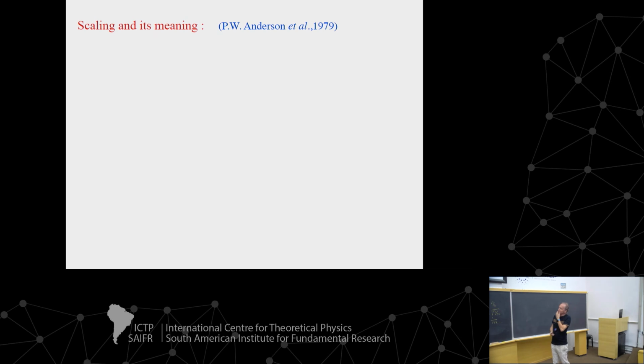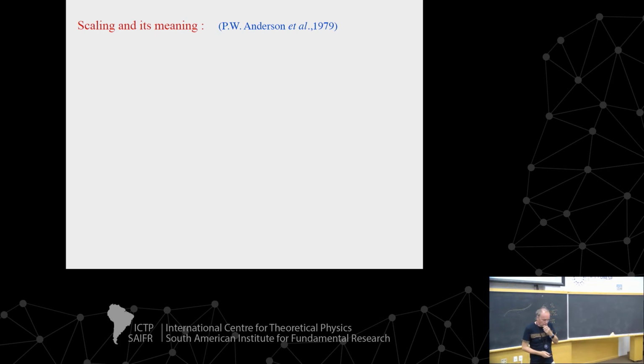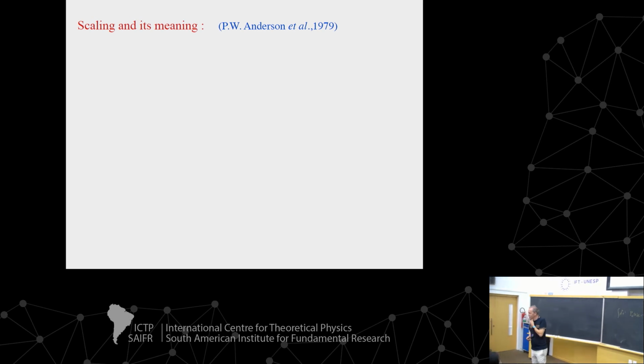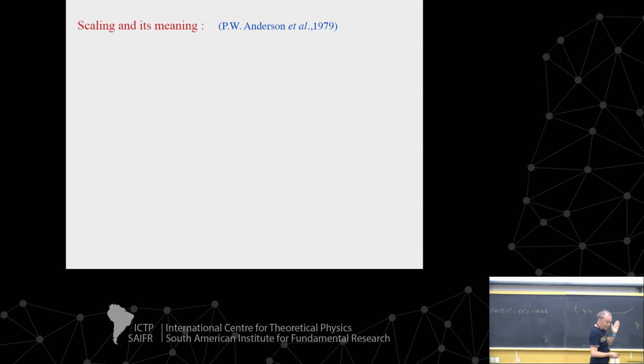Okay, and now what is the meaning of this scaling? So all this, in a nutshell, what I will tell you is the idea that is in this very famous paper by Phil Anderson and 3 others. It's called the Gang of 4 paper. It is not the paper of Phil Anderson that Jörg mentioned yesterday, and they gave as a working paper. It's another one, because Phil Anderson is most probably